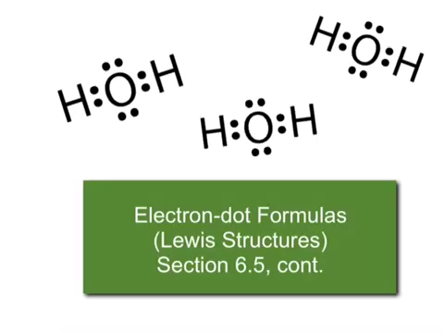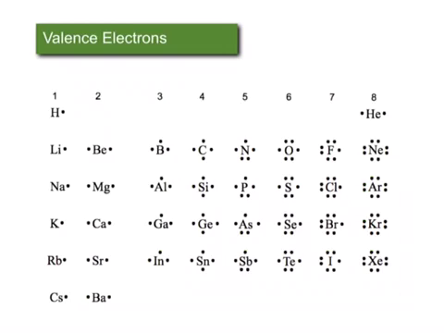Today we're going to do a little review of valence electrons and then talk about how that allows us to draw electron dot structures or Lewis structures. So this is a table you've seen before, and the little dots around each of the element symbols represent valence electrons. So even though some of these elements have more electrons than what are shown here, these represent the ones